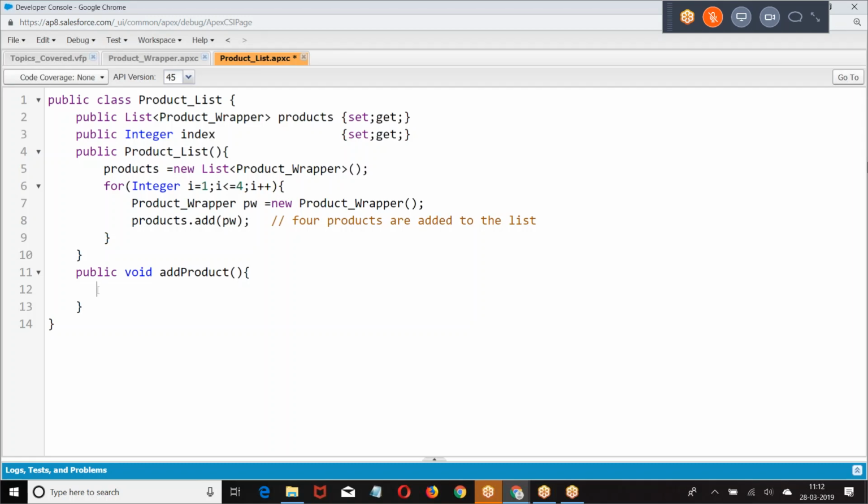Then I am checking here: if index is less than size minus 1. If the index value is less than the last element, now how many elements are there? 4 elements are there. What is the index we have? If index is less than or equal to 3, then I can say products.add index comma